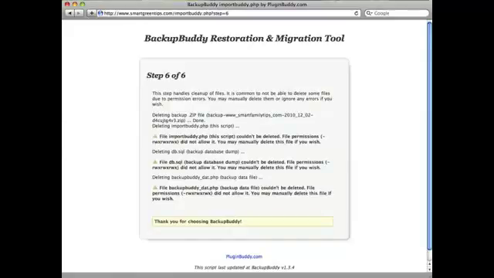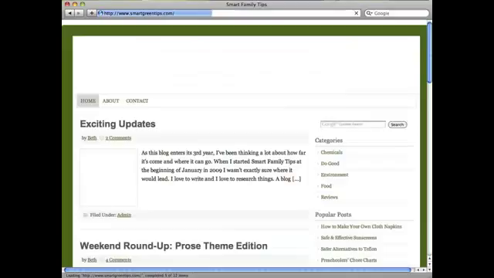Great, we're now at step 6 of 6, and that means our import is complete. BackupBuddy here is telling us to delete a few files that it couldn't delete, and it's best to follow its advice and delete these files via FTP because they can pose a security risk. So let's check out our site, smartgreentips.com. And smartgreentips.com is no longer an empty